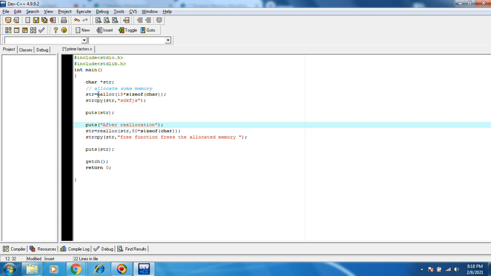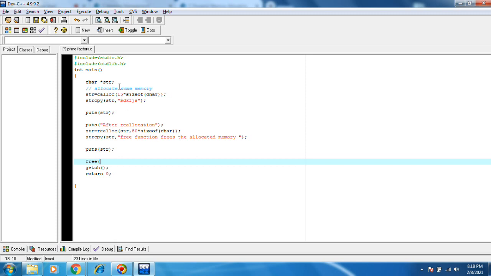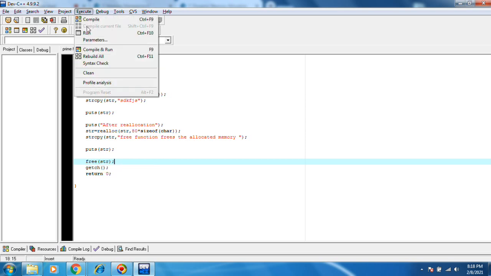Calloc is the same. Instead of malloc, you can do calloc. There is no issue. And then free at the end, release all the memory we used. Free str. Execute, compile and run.